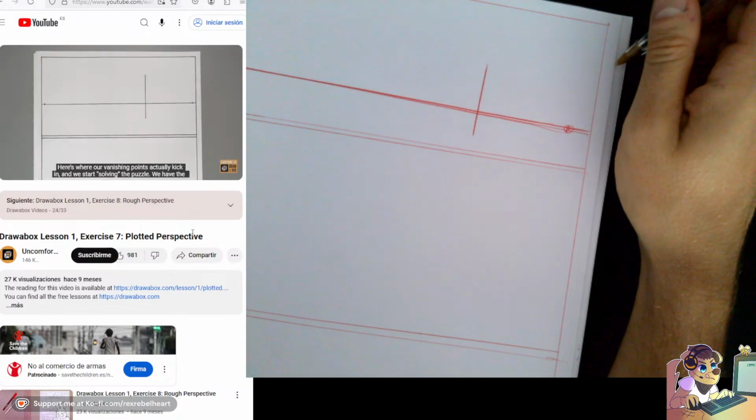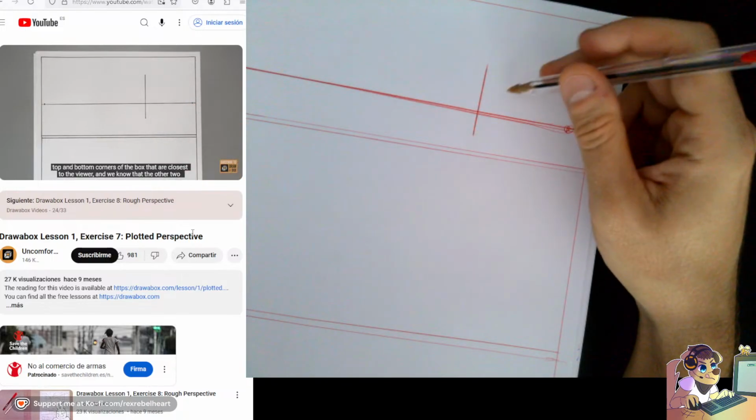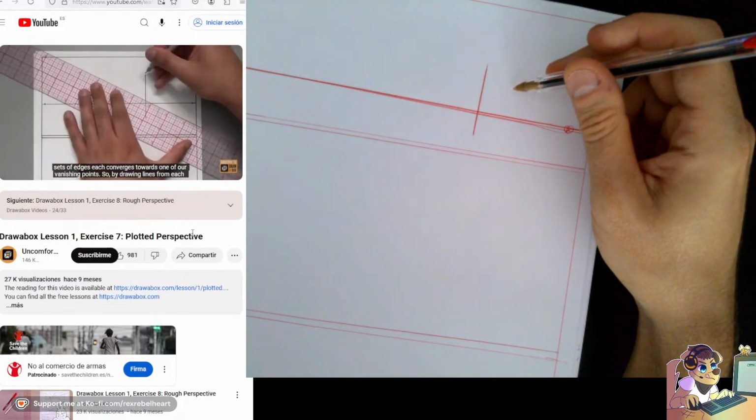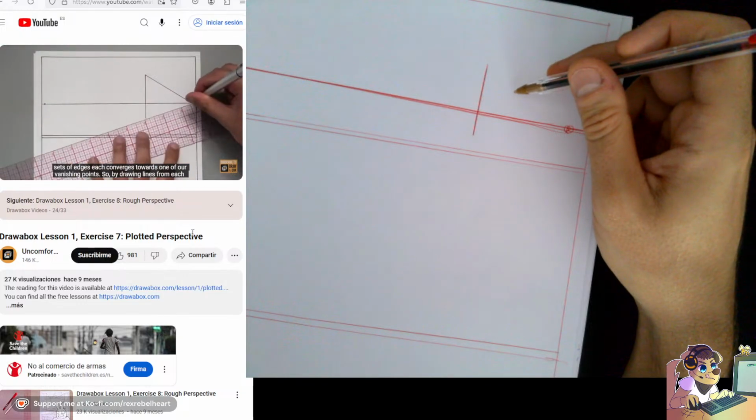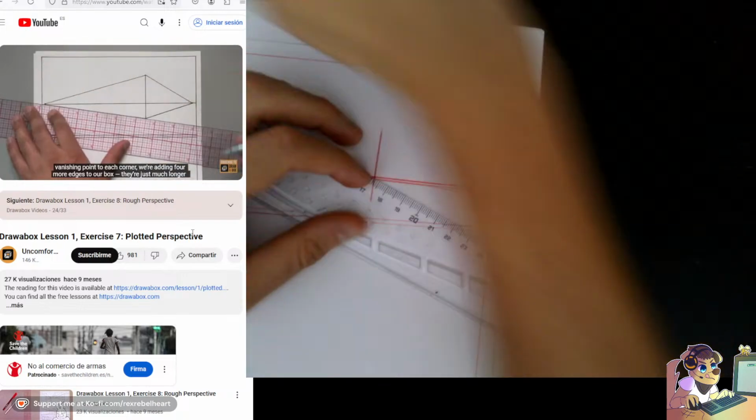Here's where our vanishing points actually kick in and we start solving the puzzle. We have the top and bottom corners of the box that are closest to the viewer. And we know that the other two sets of edges each converges towards one of our vanishing points. So, by drawing lines from each vanishing point to